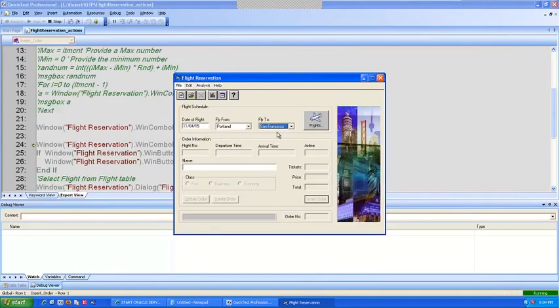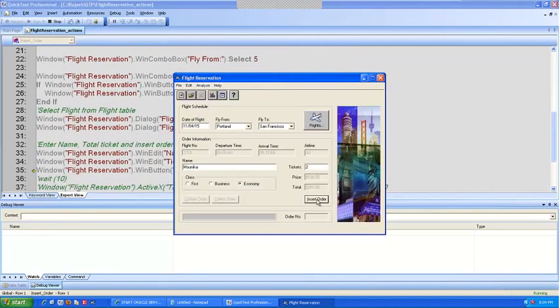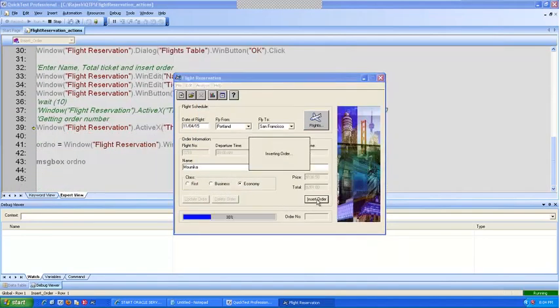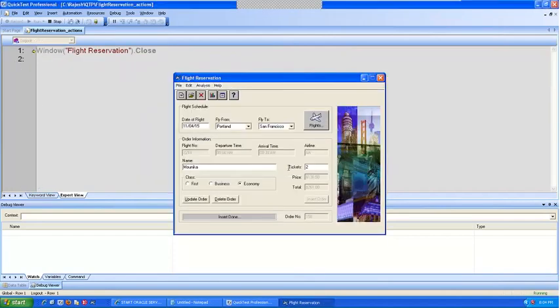Now it's in insert order. Object synchronization. Wait, it generated the order number. Now it is executing the close.